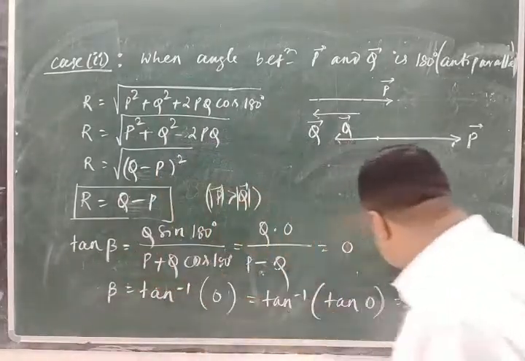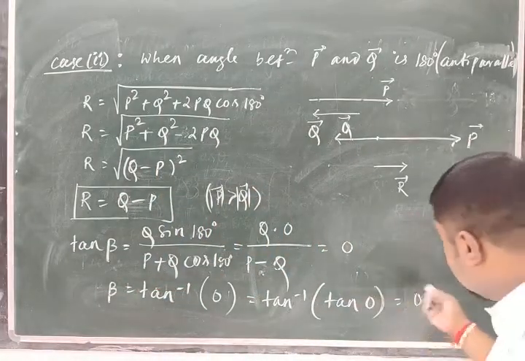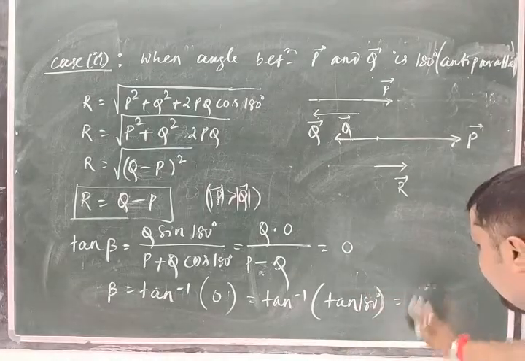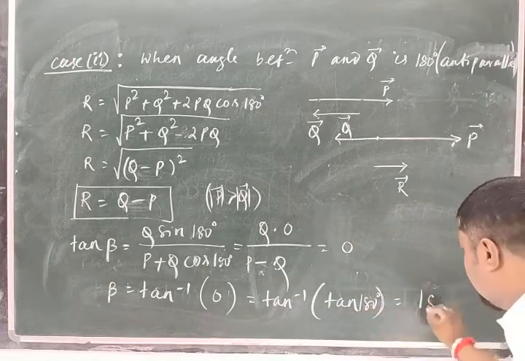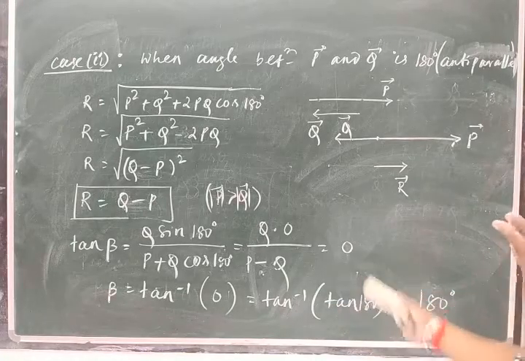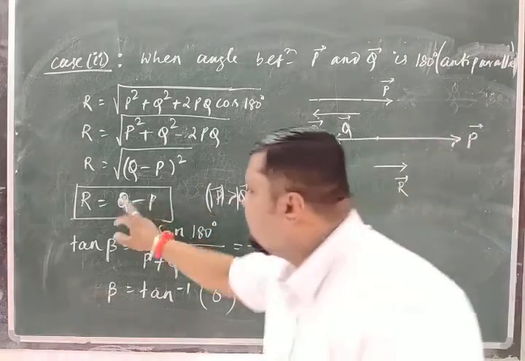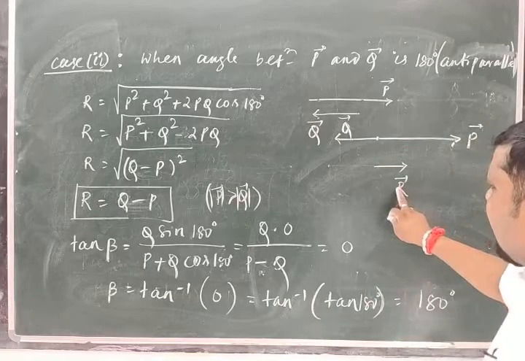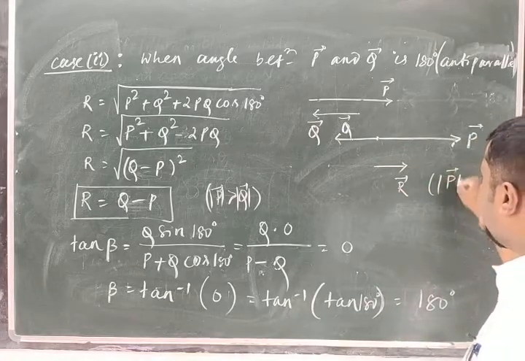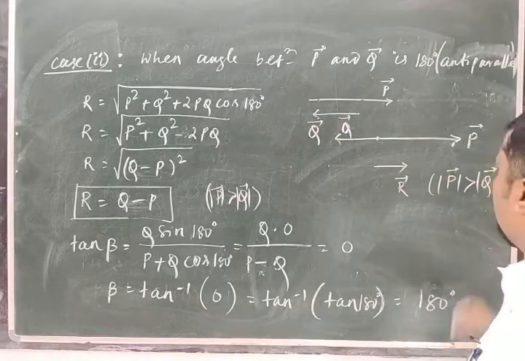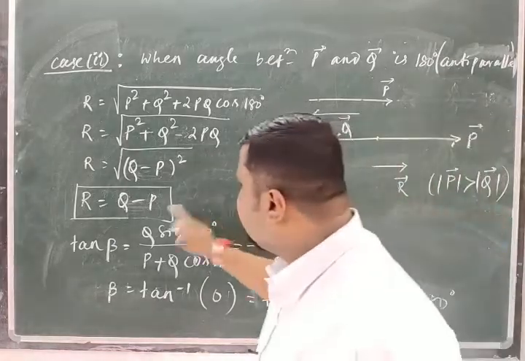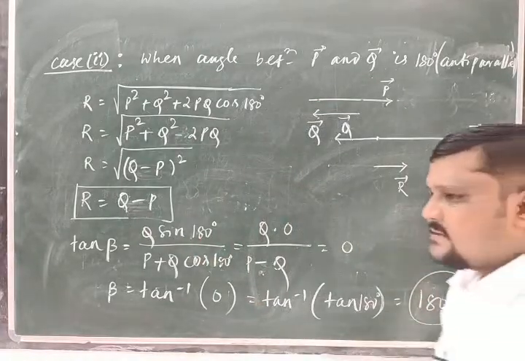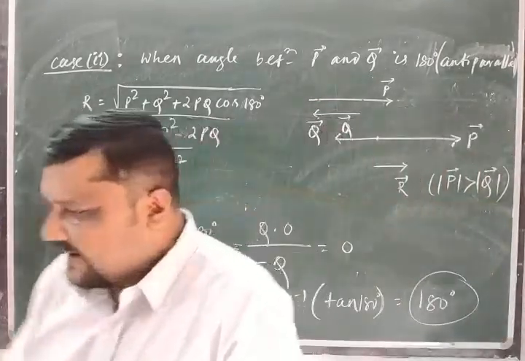Similarly, you can take this as 0 degree, or you can say that this is also 180. Then also you will get tan inverse 0, so this is equal to 180 degree. Why are you getting two cases like here? Because it is negative. So the negative part is there. That's why we should take one. So this is R, for the condition magnitude of P is greater than magnitude of Q. If the magnitude of Q is greater than P, then I can write this as Q minus P, and the angle will be 180. Right? So accordingly you will get the direction part.